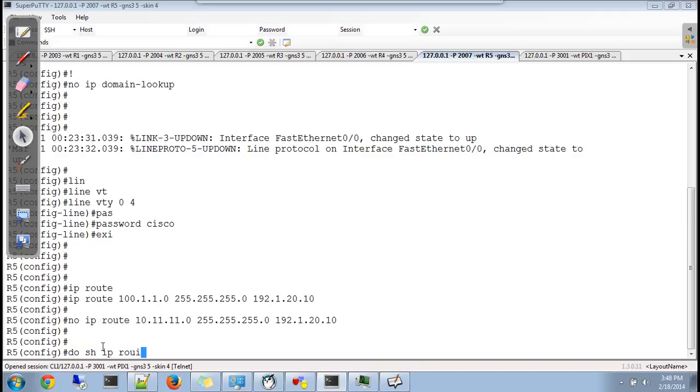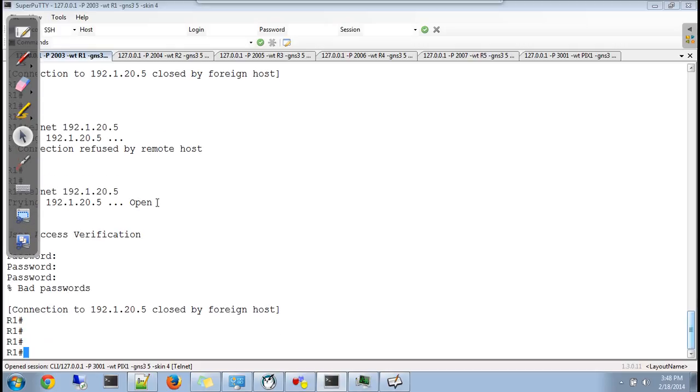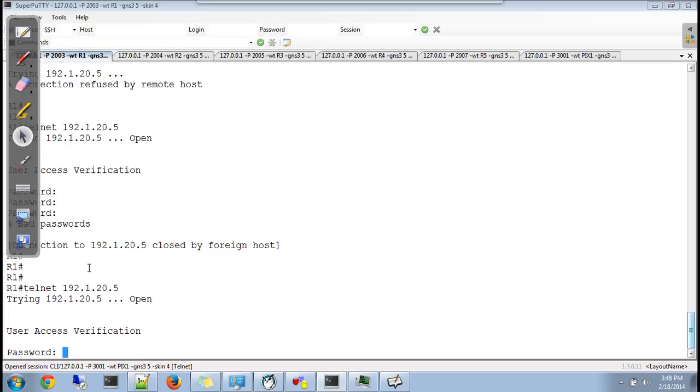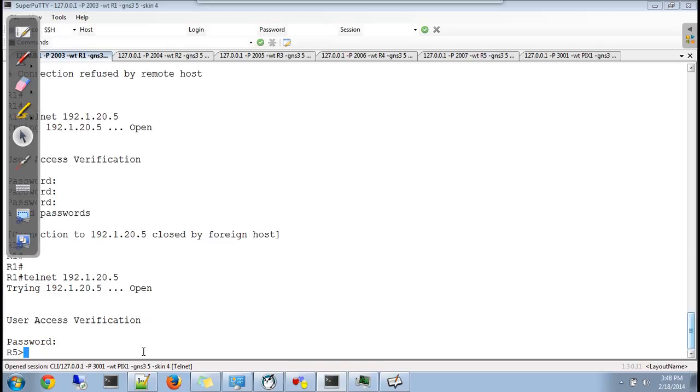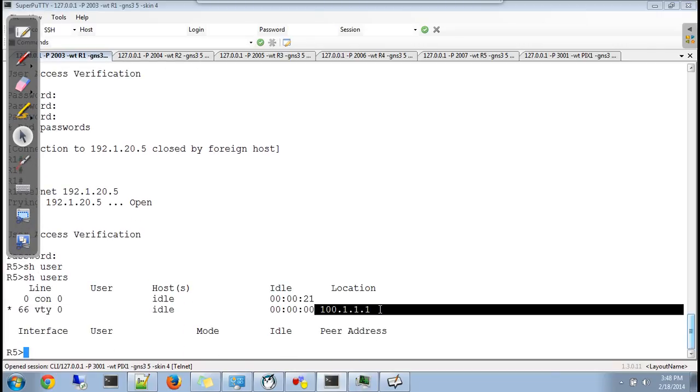So how many networks will be there? According to that, we need to put a static route on it. Yeah, on the internet. Okay. Time to verify this. Come to R1. Try to go out. Are you able to go out? Yeah. See your IP address. We are looking at this on the R5.